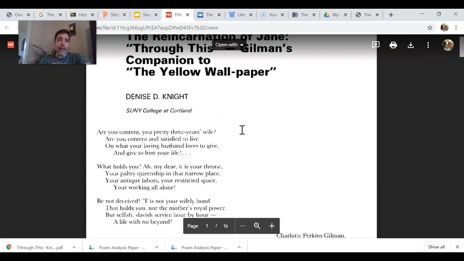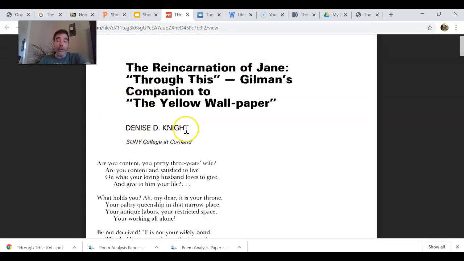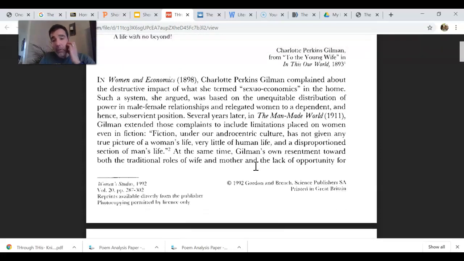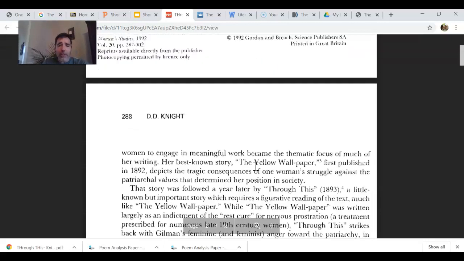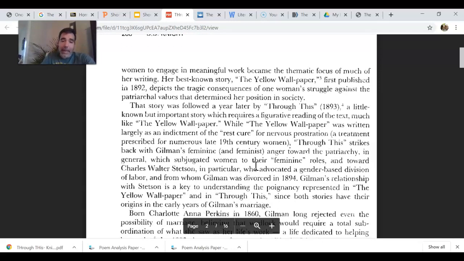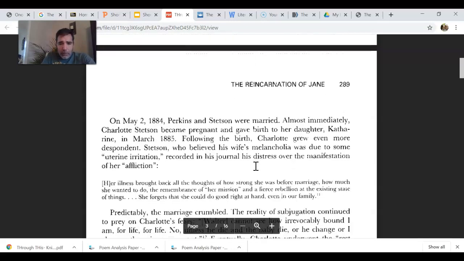This is one that I've previewed and selected by Denise Knight, who was a professor at SUNY Cortland. She just recently retired, but she's a great expert on The Yellow Wallpaper and Charlotte Perkins Gilman in general. And in here, she has a number of different perspectives on feminism and The Yellow Wallpaper. So specifically,